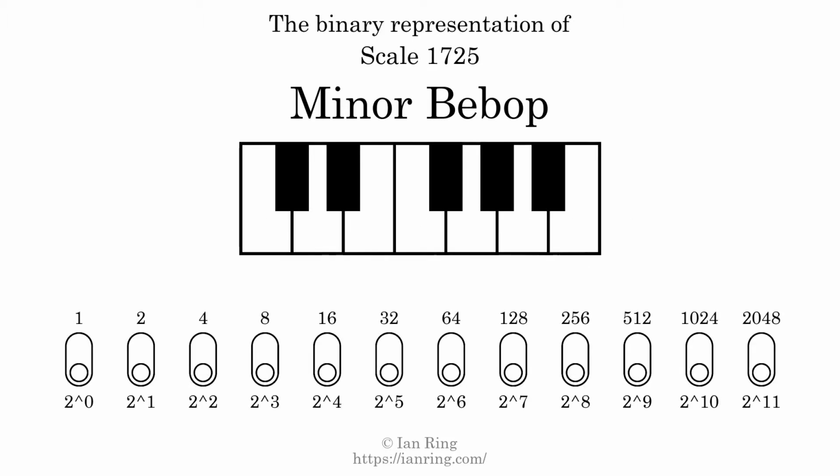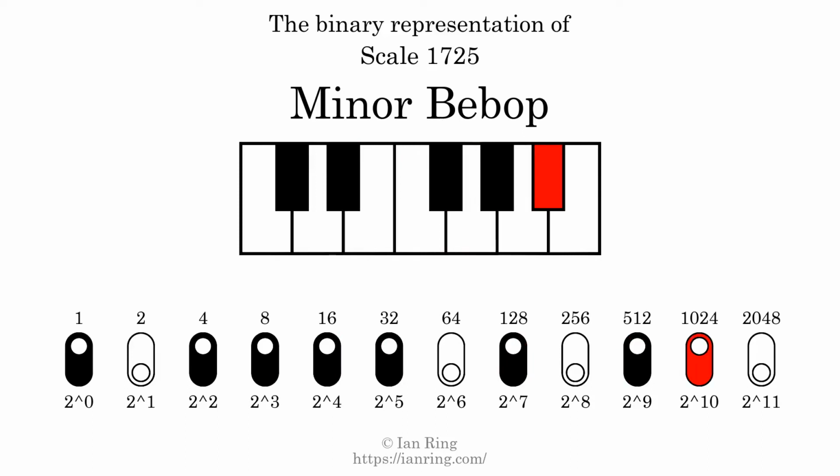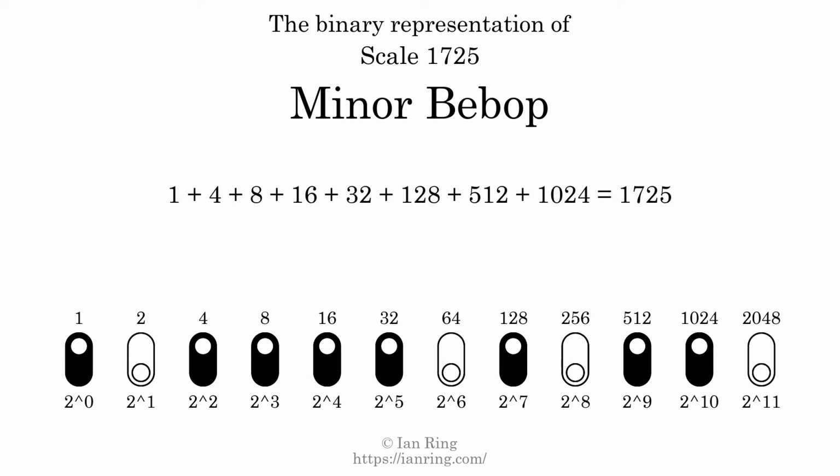The binary representation of this scale is determined by mapping tones of the scale to binary digits. Each binary digit represents a power of 2. To get the scale number, we add the powers of 2 together. The powers of 2 that are present in the scale, all added together, equals 1725. That is why the scale number, in decimal, is 1725. The scale number not only enumerates the scale with a unique index, but it also literally describes the tonal content of the scale. Represented as a binary number in base 2, the scale number is